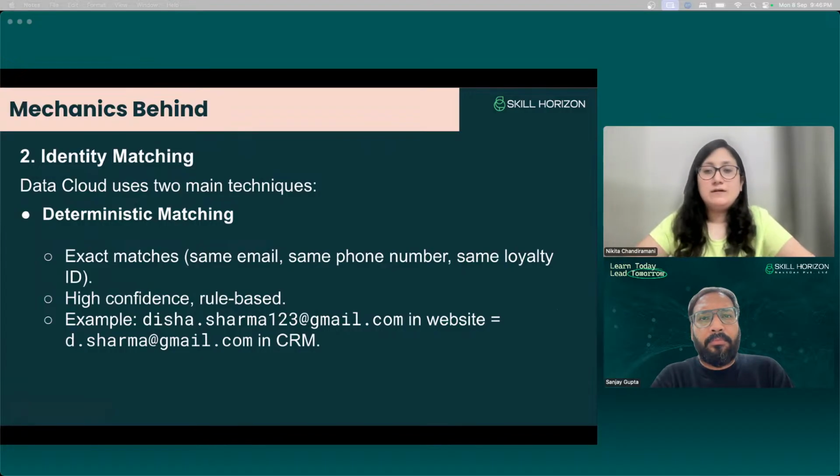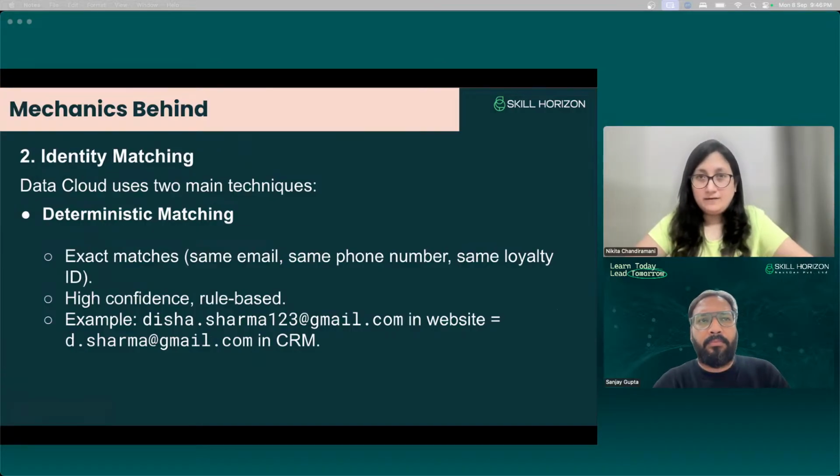If you are logging into the sample website, you have disha.sharma123@gmail.com, but in the CRM you are actually putting d.sharma@gmail.com. How do we differentiate, or make them a similar thing? For this reason, we need to follow the deterministic matching approach.